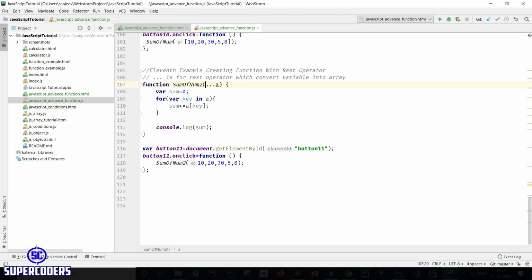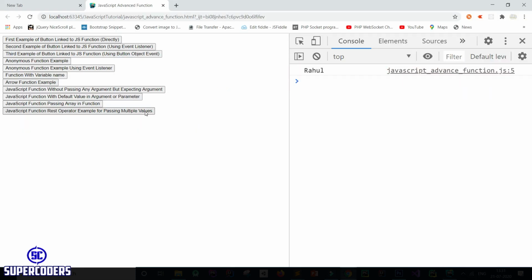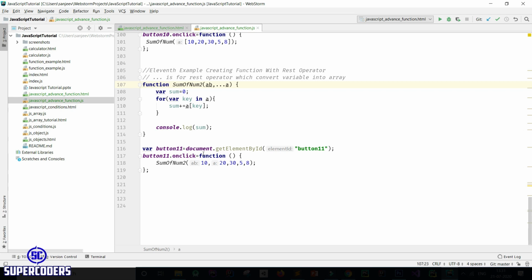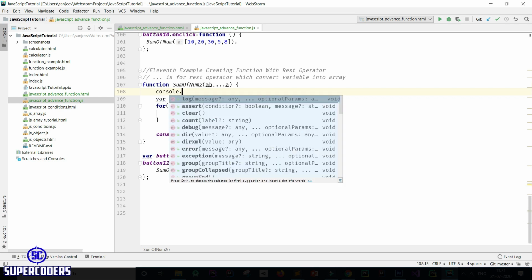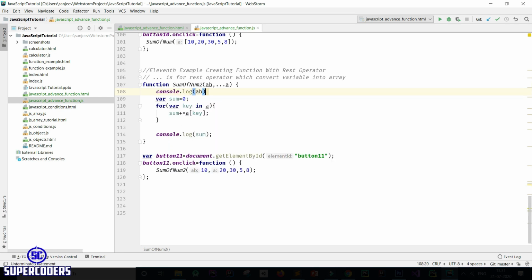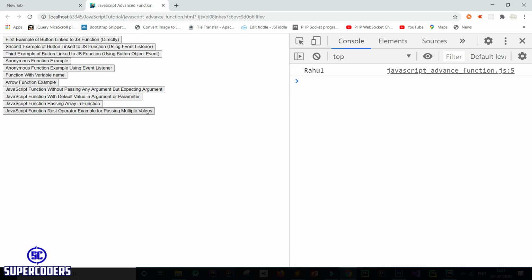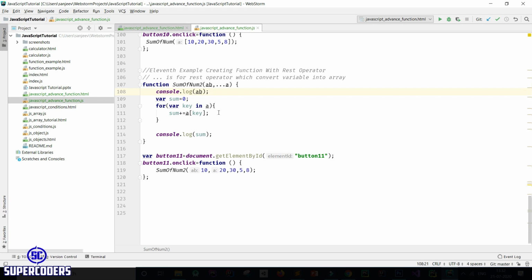So remove this, and if you want to add parameter, add in first AB, and run this, and you can see it work. But what happened to value AB? So 10 will store in our AB value. If I print this value, console.log AB, then you can see 10 value store in. So AB store the value of 10. So this is simple example of rest operator. And also if you want to pass value in rest operator, pass at the beginning. So remove this, you can see one more example.